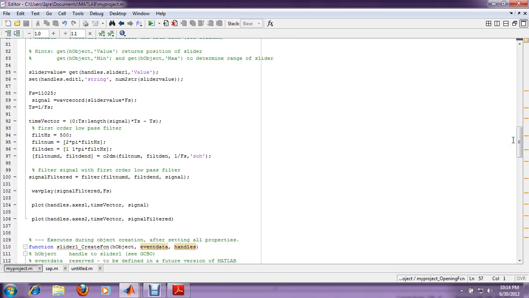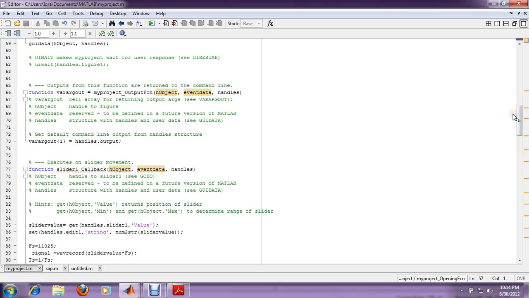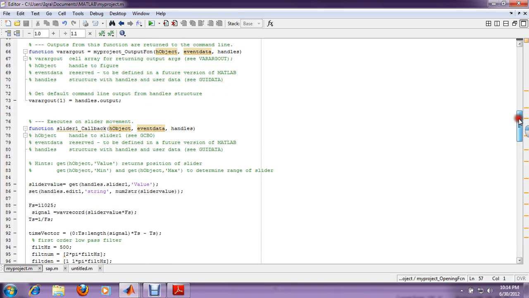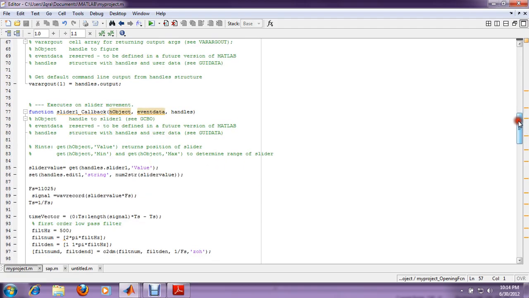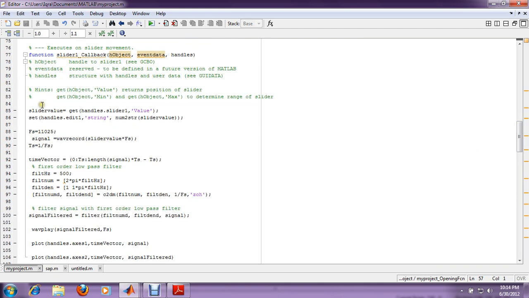The functionality which you want to perform with your GUI, all these functionality you have to code in the callback command function of your tool. Like for slider, you have slider 1 underscore callback. We simply code this as slider value is equals to get value, right? I have already set its maximum and minimum value and step size. Now whatever the value which is in slider, set this value into the value of the edit box,